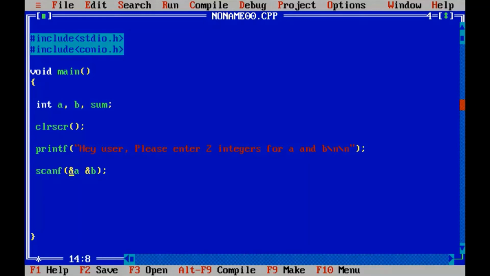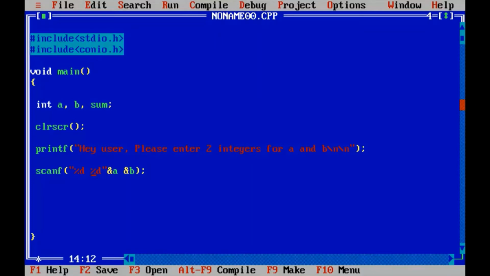So scanf function, as I said, is a formatted input function. We have to specify that incoming data is in the form of integers. For that I have to write %d and %d, as we did in the last program.